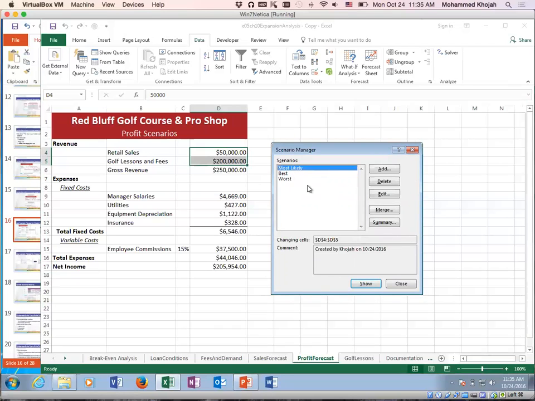This is your best or most likely. You click this one and show. But your worst scenario is this one. So if you click on that one, you see that the values there are changing, okay? You can print this as a report. So if you click on summary,